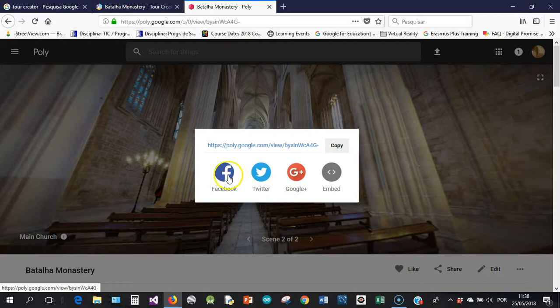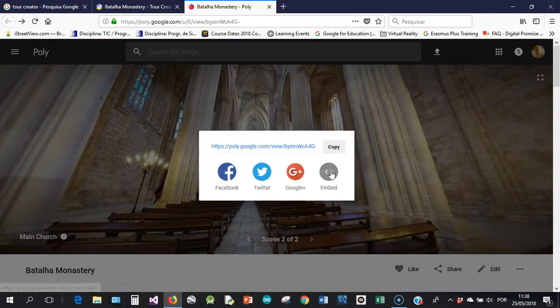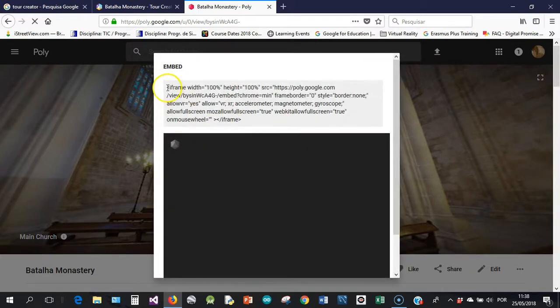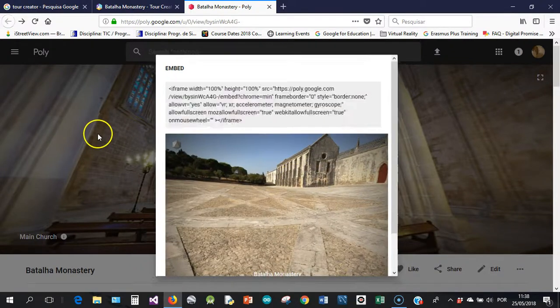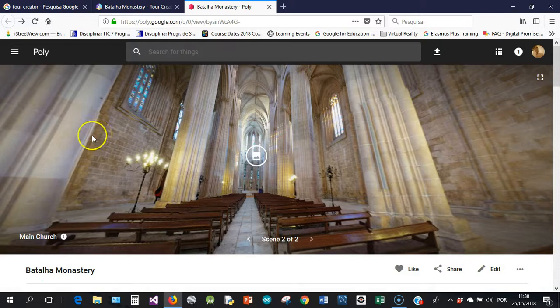You can share it through Facebook, to Twitter, or if you want to add it, for example, to your TwinSpace, you just have to copy the embedded, paste this code, and this will appear like this. So this is another platform. As I told you in the beginning, you don't have all the functionalities, you don't have all the flexibility as you have on CoSpaces Edu, but it is a really interesting platform to create a virtual reality experience and to